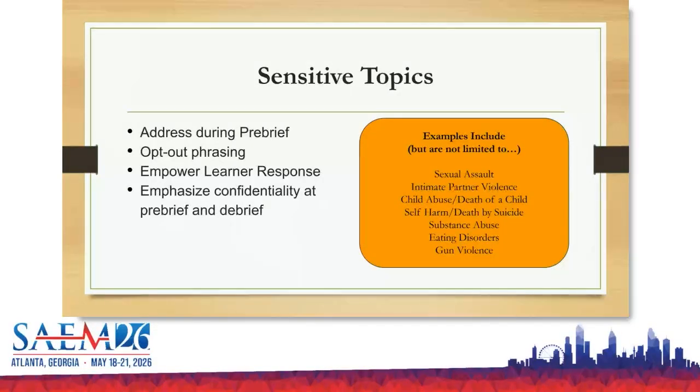First of all, sensitive topics. I mentioned this during the pre-brief. I would say we've got a lot of examples up here of what people might consider sensitive topics. Again, address these during the pre-brief. Opt-out phrasing: I never make anybody, on any given day, have a conversation they don't want to have. We have to confront so many things on our shifts that I don't think we need to confront them in small groups. So opt-out phrasing, I generally will include that. If somebody opts out, please make sure you circle back and touch base with them and make sure that they're okay, or that you address whatever's going on in a way that's going to make them feel supported.